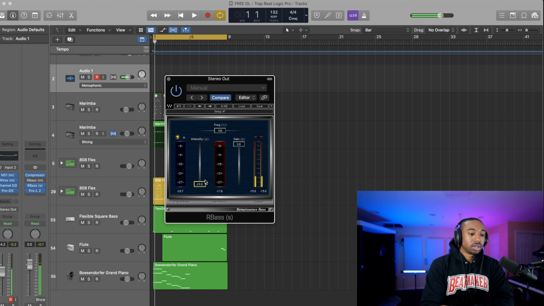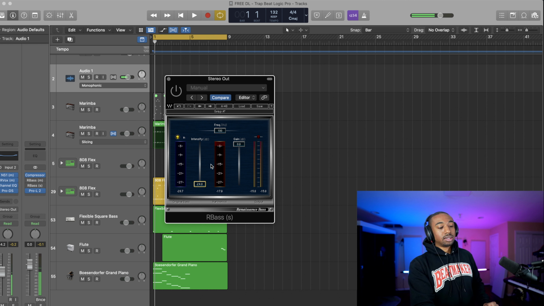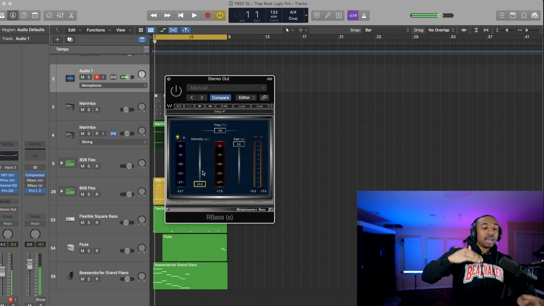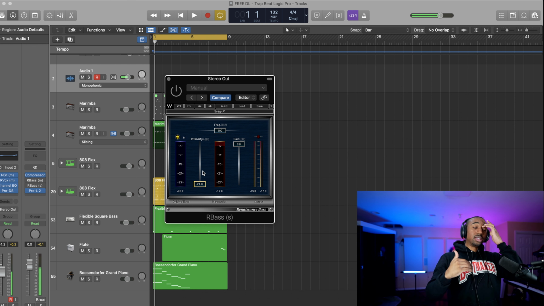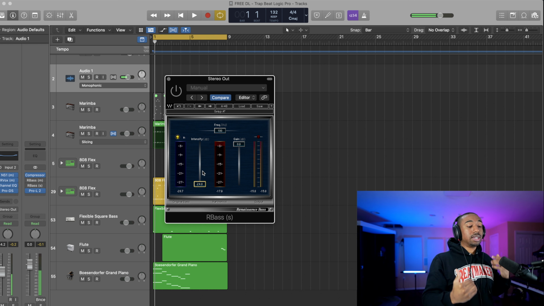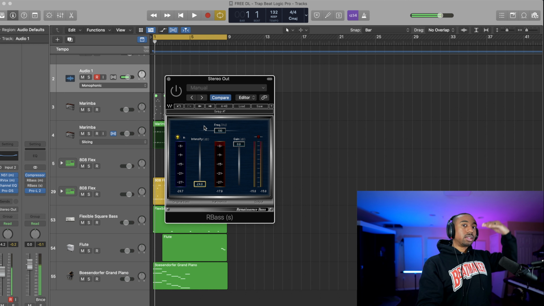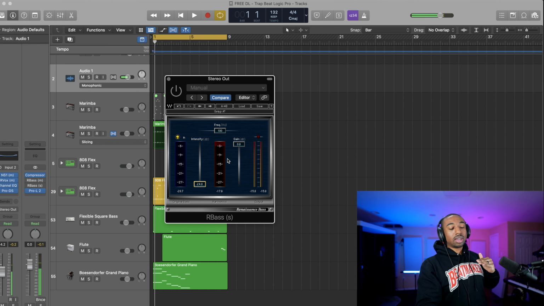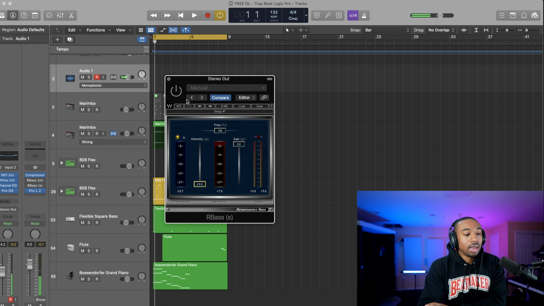So this measure in the middle is telling you how much harmonic content you're adding to the sound. Okay, so it's not only adding that fundamental frequency, it's adding harmonics as well. And that's what happens when you add more and more intensity. Okay, so it's filling out the frequency spectrum. You don't need to memorize that and be all geeky. The point is, if you have a kick, you can run it through here and make it sound harder.